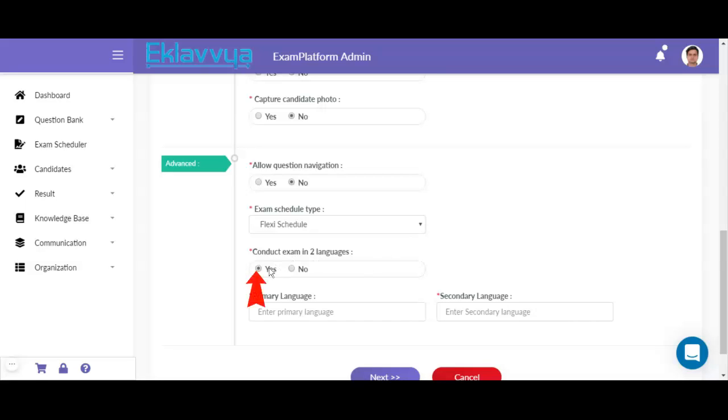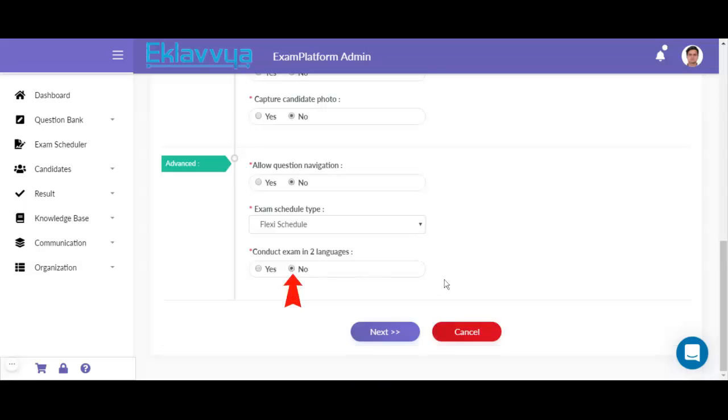In this case, your online exam screen along with the question bank will be shown in two languages, and the candidate can select an individual preference while attempting the online exam. But if you would like to conduct the online exam only in a single language, then you can set this flag as no.